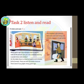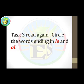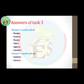Now we will check the answers together. I would like you to open your notebook and write these words. The answers of task number 3. So here are the answers of task number 3 for picture number 1. So the words that ends with LE in picture number 1, we have people,